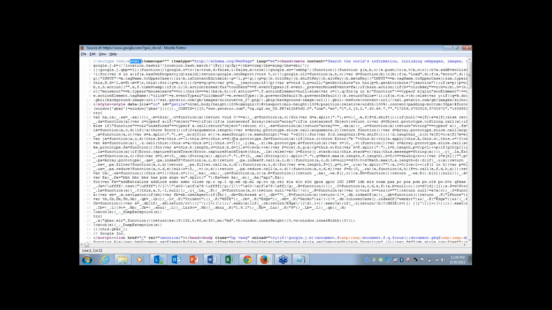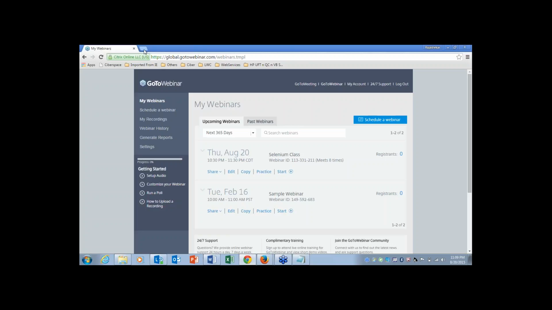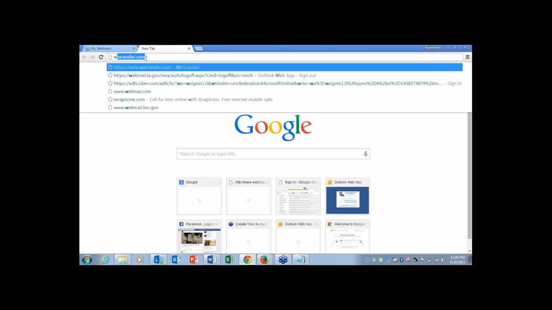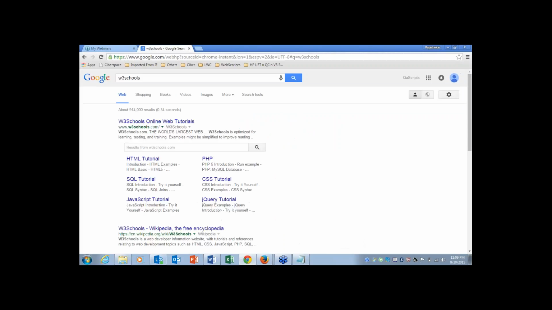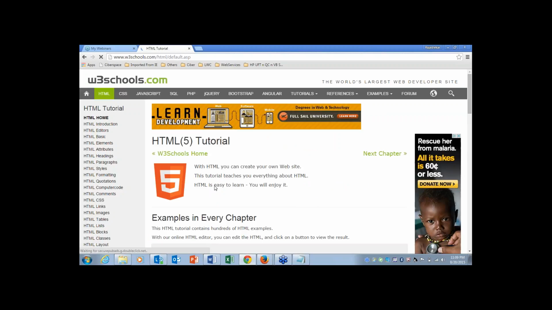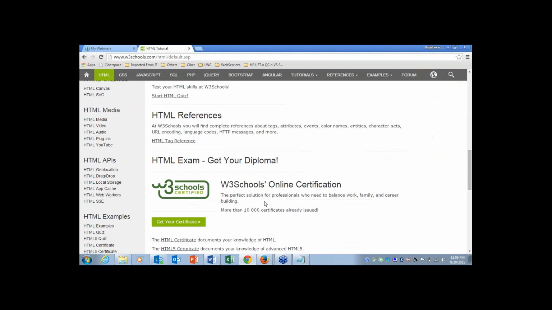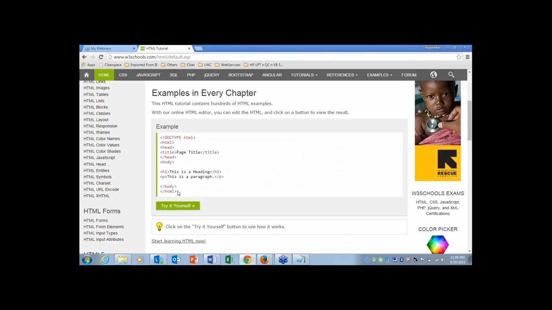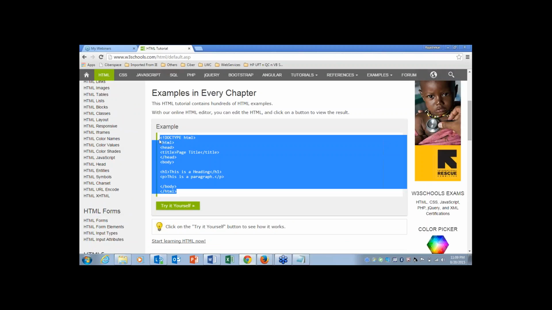You can just go through Google and type what is HTML and how we can do it. For your sake, I'll show just one or two tags, then it will be easy for you to understand. There is a simple website called W3Schools. Let me type that. Here, this is HTML. You can easily get all the information, like what is HTML and how we can create web pages. For example, I'll take this much code,